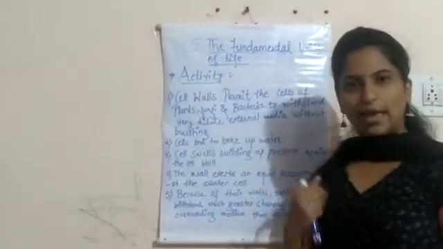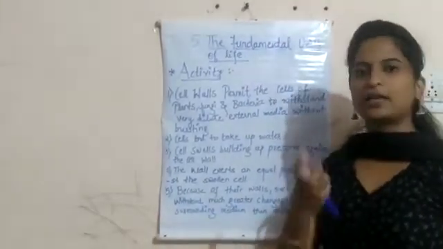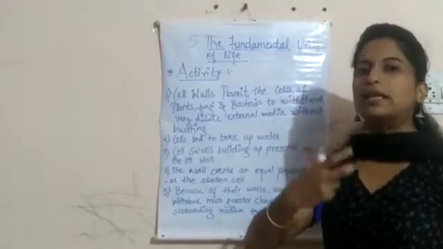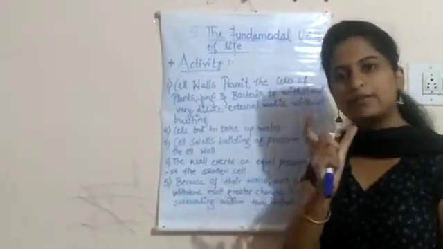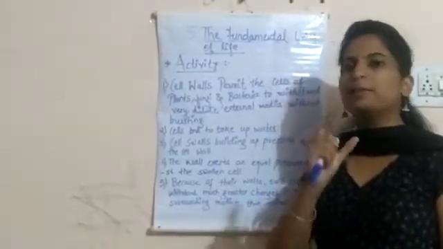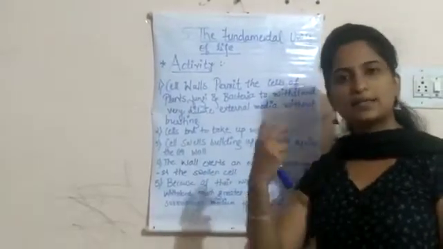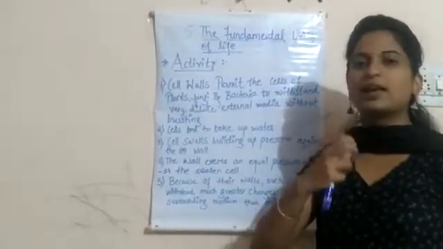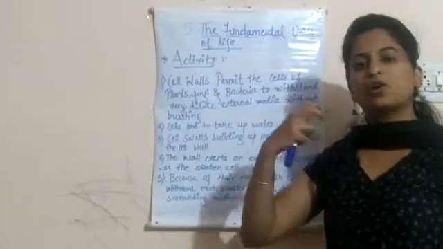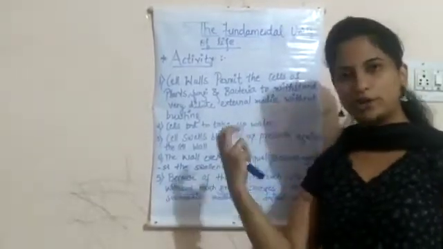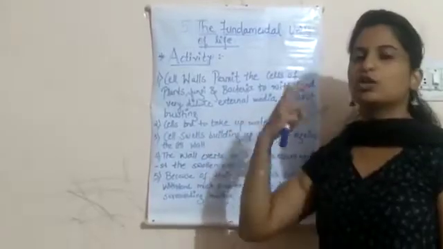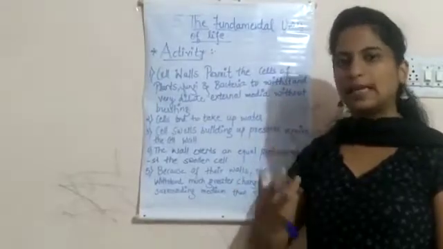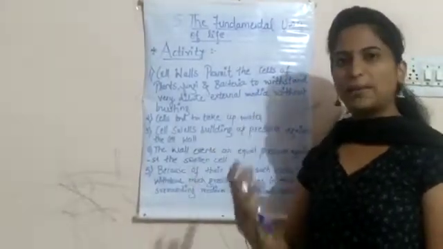So today, through an activity, we are going to understand the term plasmolysis. What is plasmolysis? When a living cell, yes, I mentioned living cell, loses water to the external environment, it shrinks. When it shrinks, the contents get contracted away from the cell wall. So this is called what? Plasmolysis. As this osmosis takes place in plants, it is called plasmolysis.